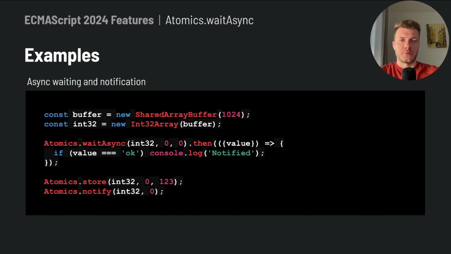Once another agent modifies this value and issues a notify, the waiting promise resolves, login notified. This demonstrates how wait async enables efficient non-blocking coordination between threads. Such capabilities are invaluable for high-performance concurrent web applications where responsiveness and efficient resource utilization are paramount. Through this example, we see wait async not just as a feature, but as a facilitator of sophisticated concurrent web